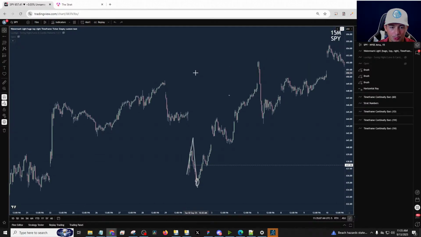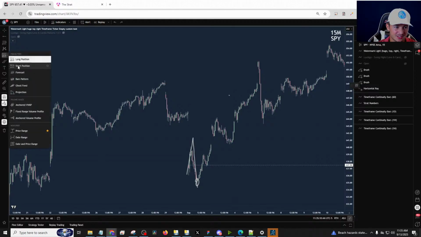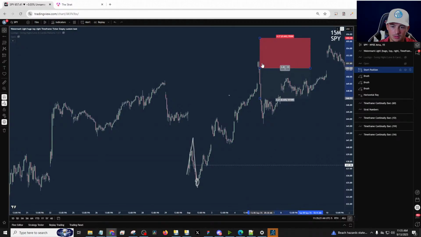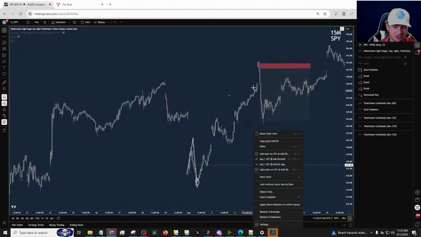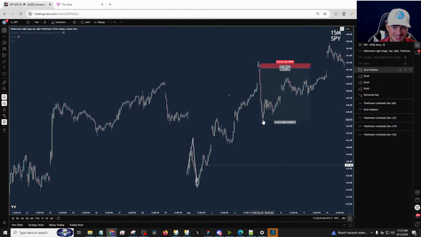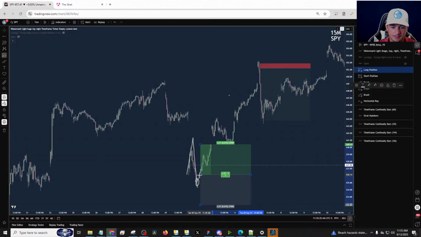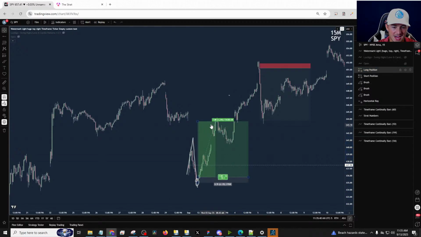Because you can have a really bad strategy, right? And this is not to say this is bad. But I'm saying you can have a bad strategy where you win 30% of the time. But if your winner looks like this, let's just say we took it into this trade, just for an example. If your winner can look like this, and you get that 3 out of 10 times, or if it looks like this, and you can get that 3 out of 10 times, ideally all the way up into here. But if you can get that 3 out of 10 times, does not matter, as long as you're risking the